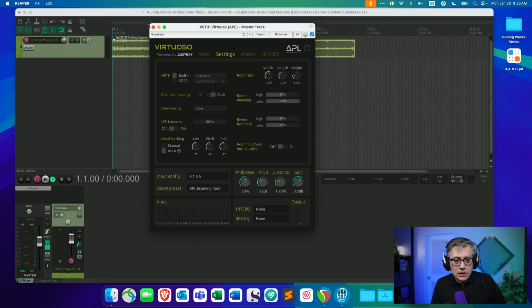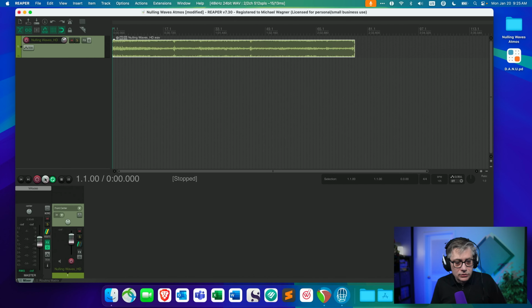What's going to happen now is that the stereo track is going to be on channels 1 and 2. So the impression that I'm going to get is just a stereo file with two speakers in front of me. And if I'm moving my head to the left, for example, you're going to hear that as a panning to the right. So you're hearing exactly what I'm hearing. And with that, let's just play our audio.